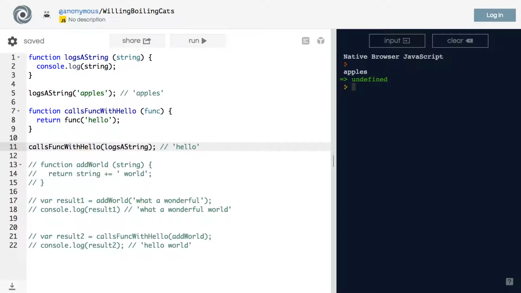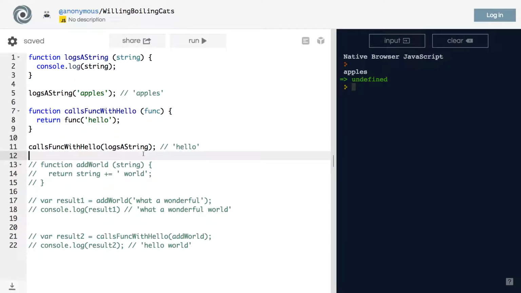Right now, this is a variable. If over here I say, hey, let's make log a string equal to number 6, there's absolutely no difference. On line 11, I'm still just passing it in like with any other variable. Okay, so